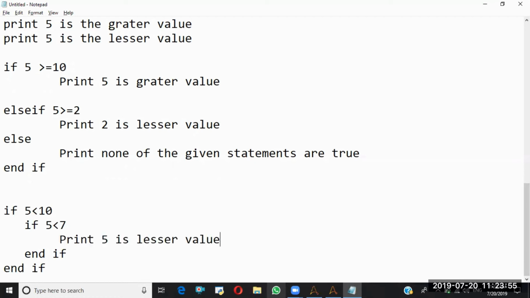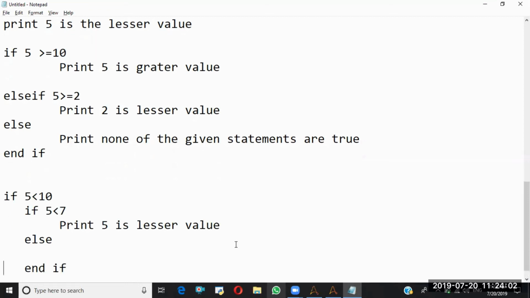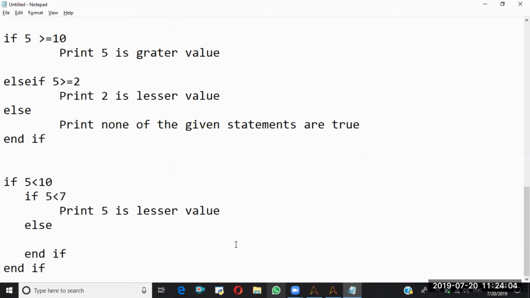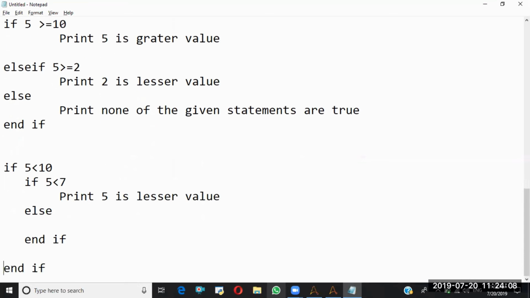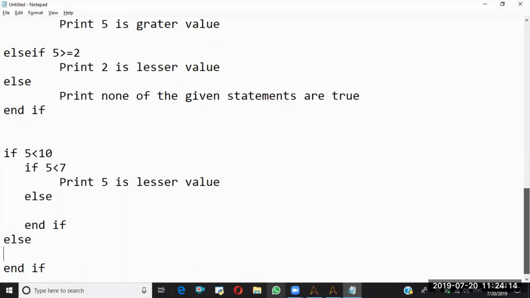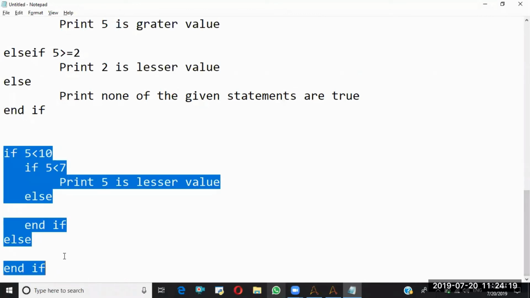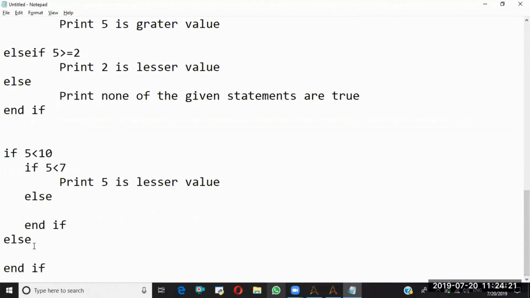Otherwise, here is the else block, and here the else block. So like this it will be. Depending on the requirement, you can use nested ifs also like this. Again inside this if you can put one more if condition.